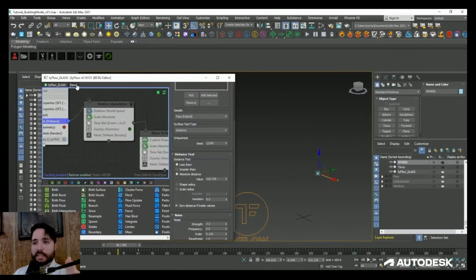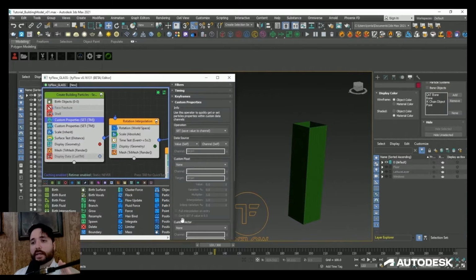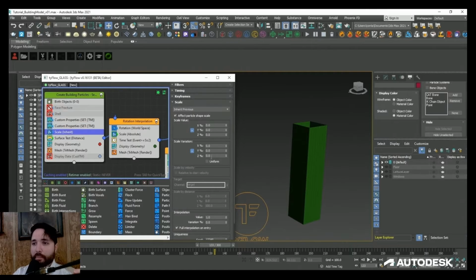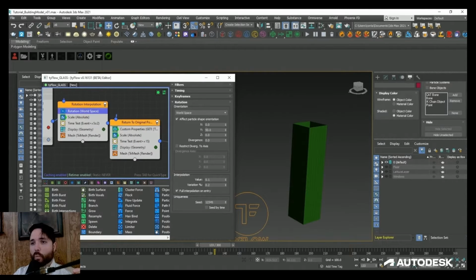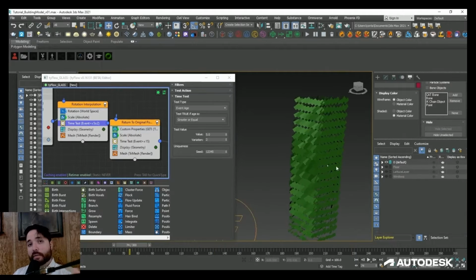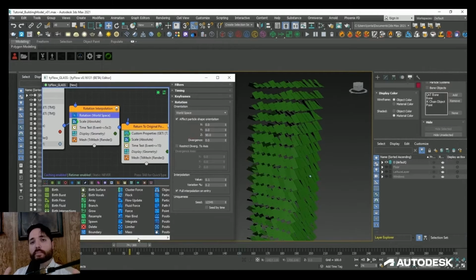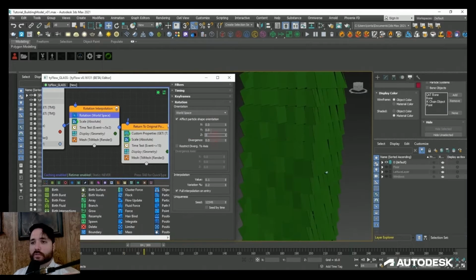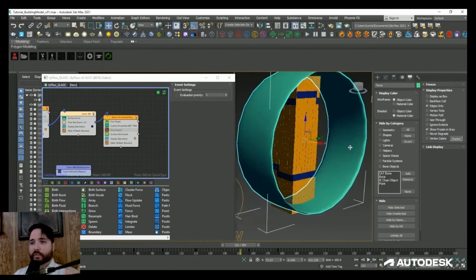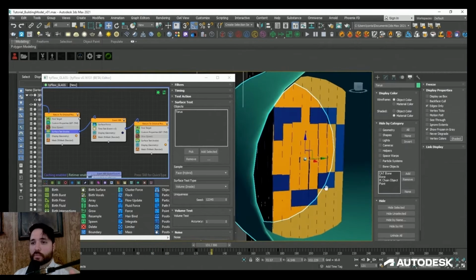I added my windows into the TyFlow simulation, and I used a custom properties operator to record and remember the original positions and rotations of my window objects. Then by using a surface test operator, we can test for proximity to the torus object. And then we can offset those positions and rotations and in essence lerp, or interpolate, back to that original home point over a set period of time. This gives us the appearance of the windows reacting to the impact and forces them to find their way back to the original home point.